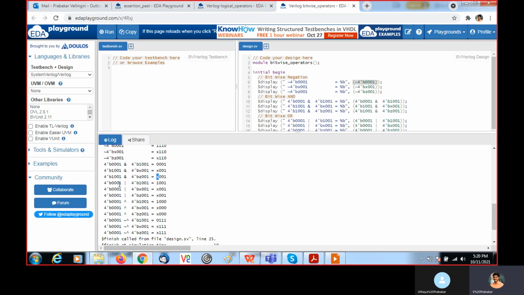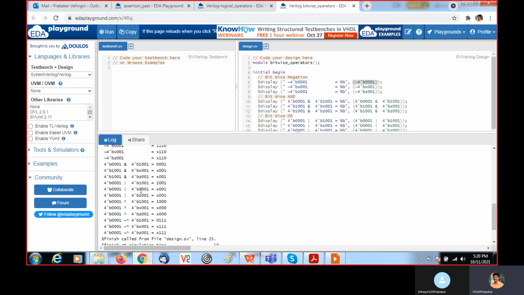Then here we are going to perform OR on each bit. If any one of the bits is 1, you will get 1. Here it is 1, here it is 1, you will get 1. Here it is 0, here it is 0, you will get 0. In the last position, here it is 1, here it is 0, you will get 1.